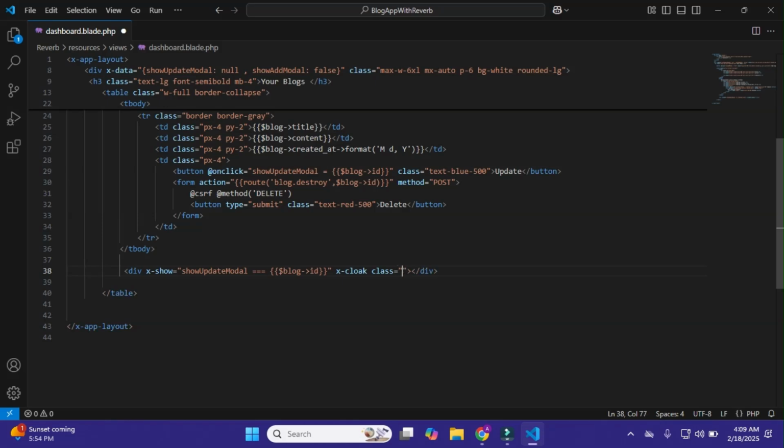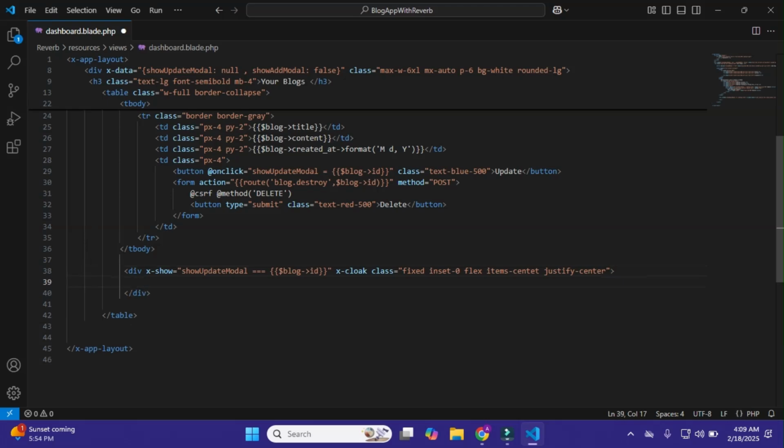And after it class, and within it I'll make it fixed inset-0, and make it flex items-center, and make it justify-center. Okay.